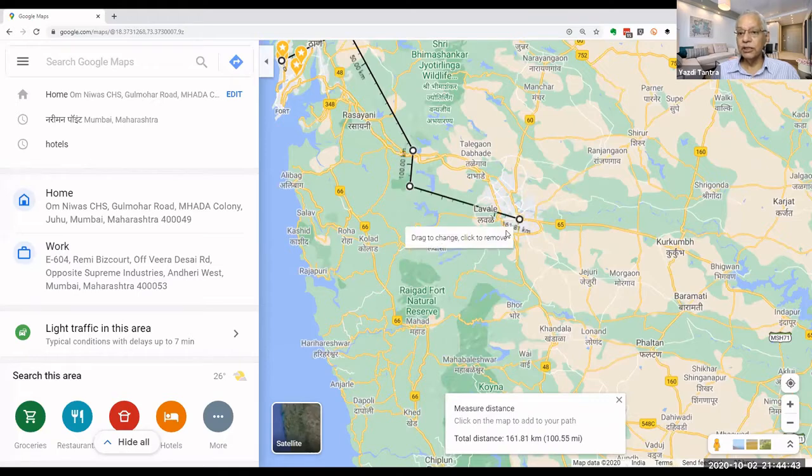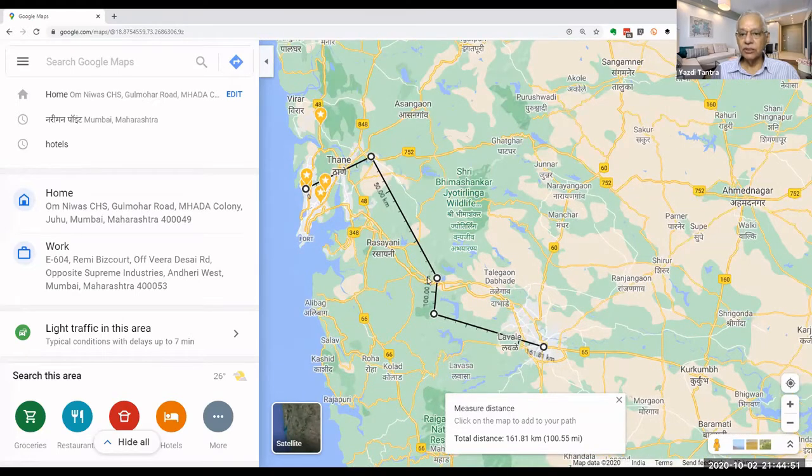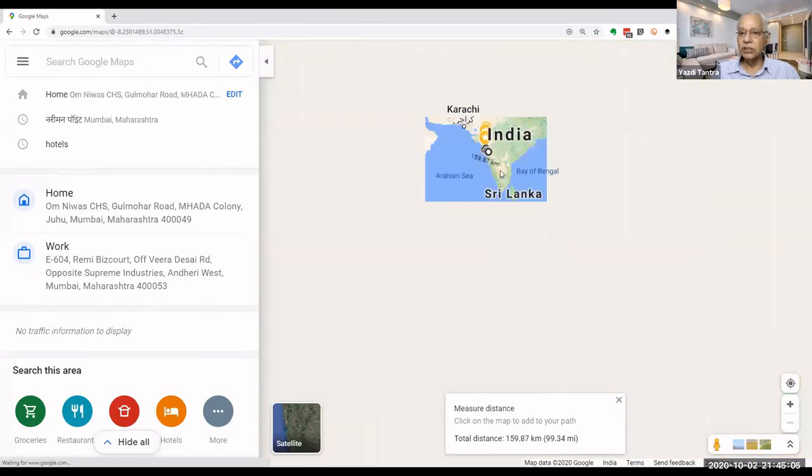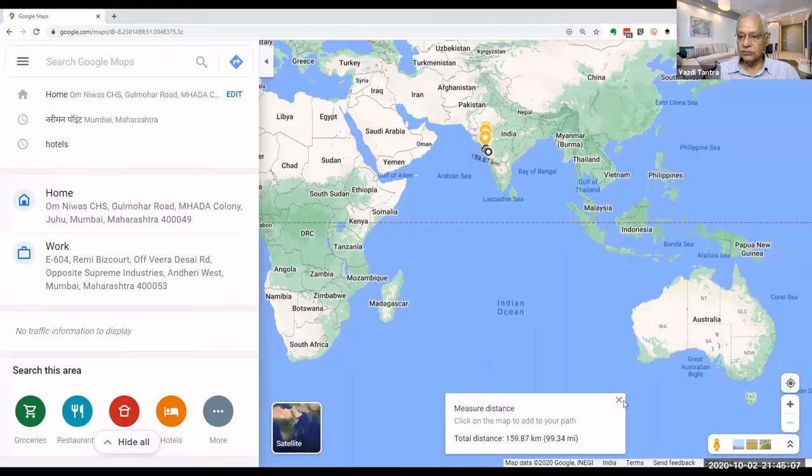So totally it is 161 kilometers because I am going via so many places. First I went to this place, then I went to this place, then I went to this place, and then I went to Pune directly. Okay. So you can measure distances from anywhere to anywhere in the world. So now suppose I just clear the distances.